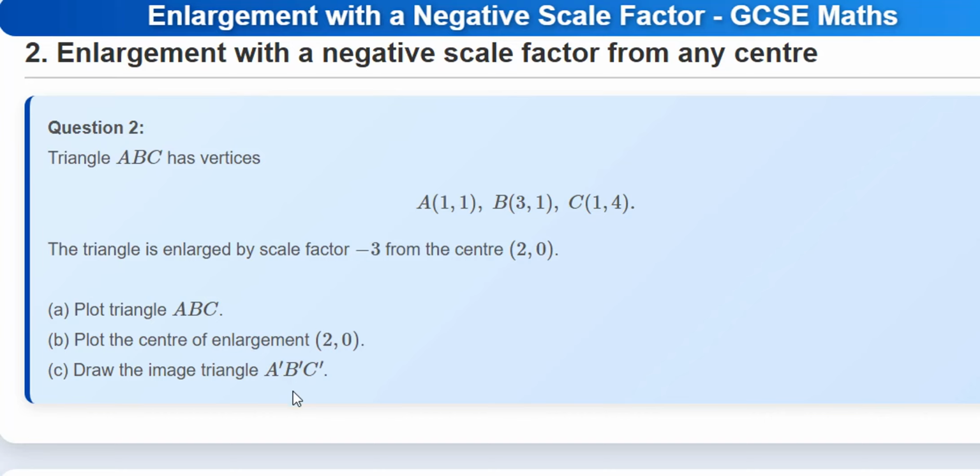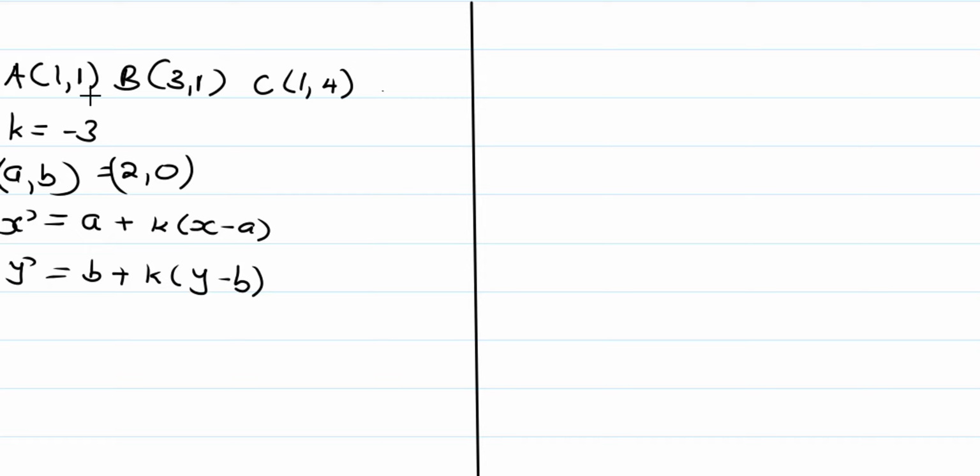So we can start by first copying all the information we have, then we can play with it. These are the original coordinates of the triangle. Then we have the scale factor as -3. Then we have the center of enlargement, which is (2, 0). You are given that. Then to get the coordinates of the new enlarged triangle, A enlarged, then B enlarged, and then C enlarged,